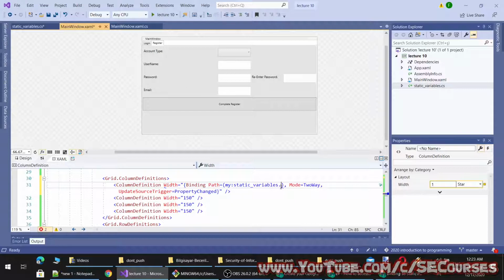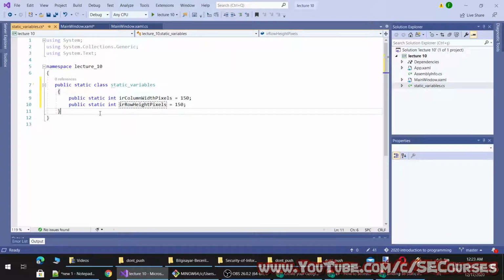Why is it not appearing? This is interesting. Public static class int. Maybe this should be a property. Let's try that.